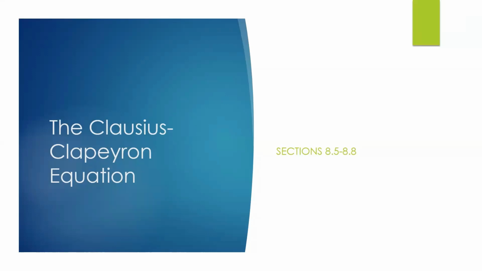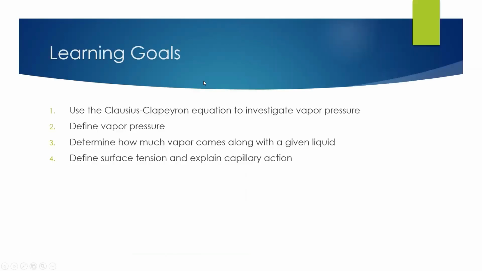Welcome back, students. In the last lecture, we learned about PT diagrams, and we learned how to qualitatively describe phase changes using those PT diagrams. In this lecture, we're going to learn how to quantitatively describe phase changes using the Clausius-Clapeyron equation. You could think of this equation as the equation that describes the curves that separate the phase changes, or the phase change boundaries. The learning goals for today are going to be to be able to use the Clausius-Clapeyron equation